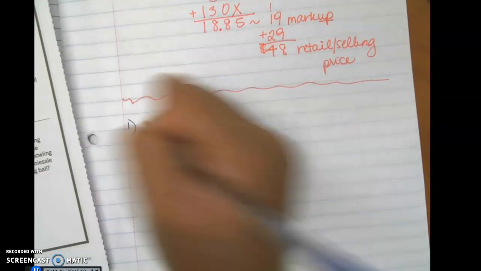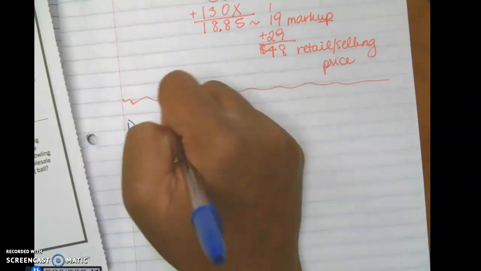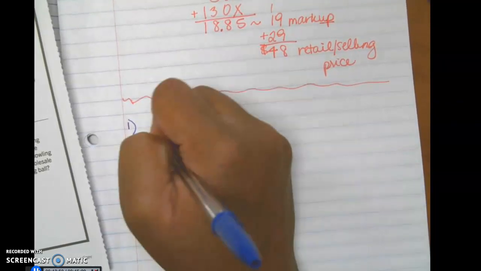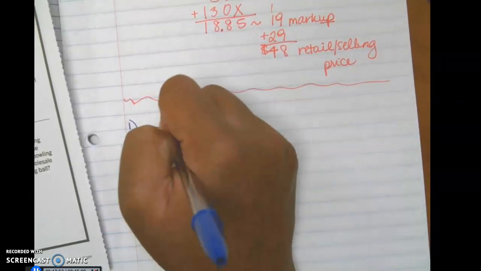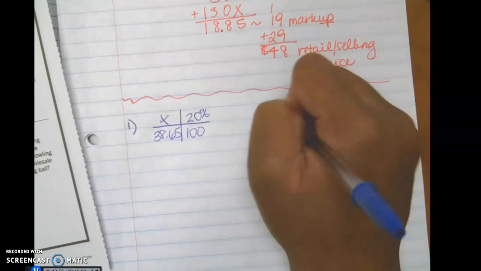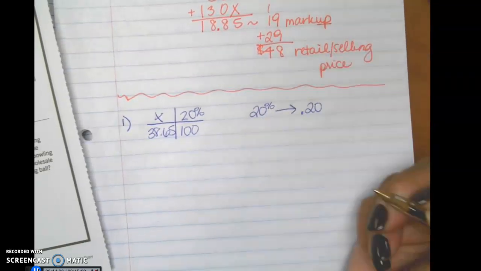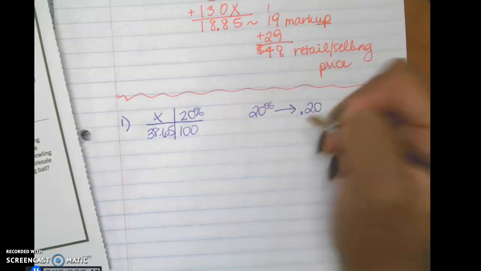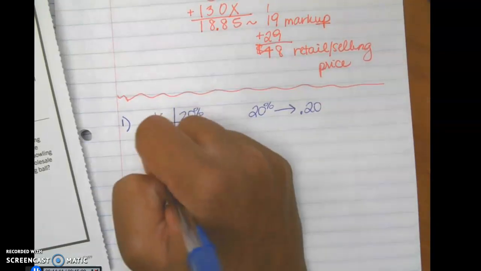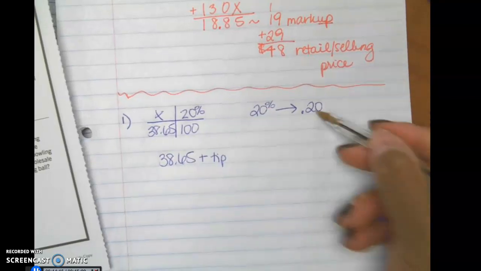Okay. I can do this 2 ways. I can do the proportion where I have 20% out of 100 is something out of 38.65. Or I can take my percent and convert it to a what? A decimal, which would be point what? 0.20. And then my bill is how much? 38.65. Good. So I'm going to add 38.65 plus my tip. So 0.20